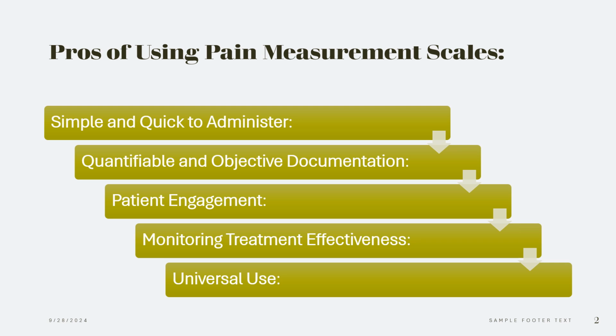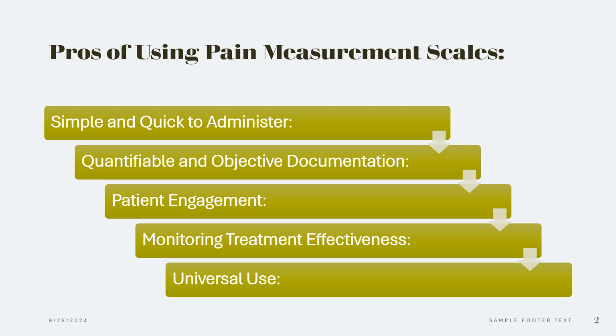They're simple and quick to use. So pain scales like the Visual Analogue Scale, also known as VAS, or the Numerical Rating Scale, known as NRS, are straightforward, quick, and easy to use. They require minimal training for the therapist, and they're not time-consuming for the patient, making them perfect for busy clinical